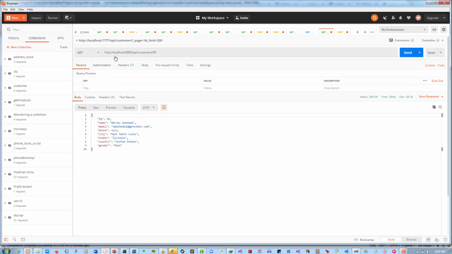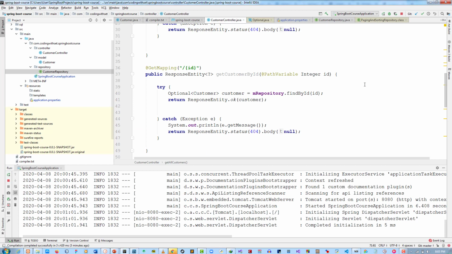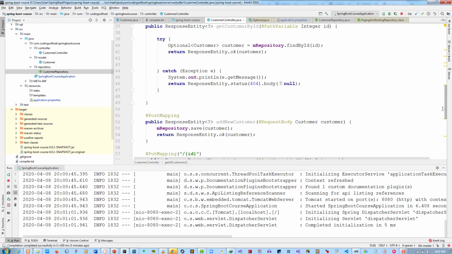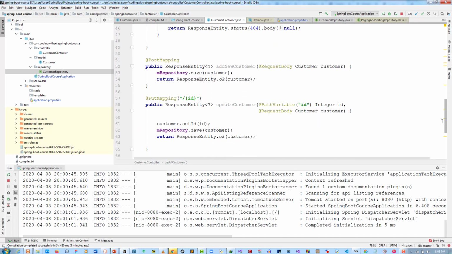So let me get the data of the first person in the database. Let me get the data of the first person. You can see I'm getting the data of the first person. So now the next thing that I want to explain is add